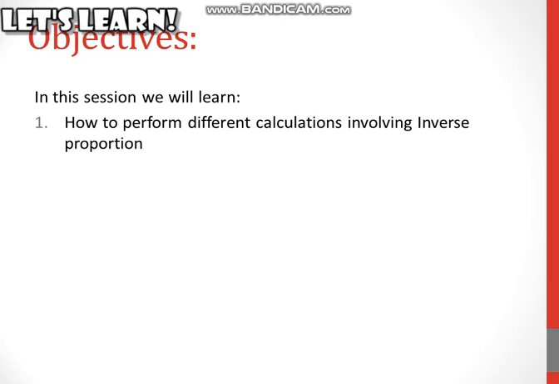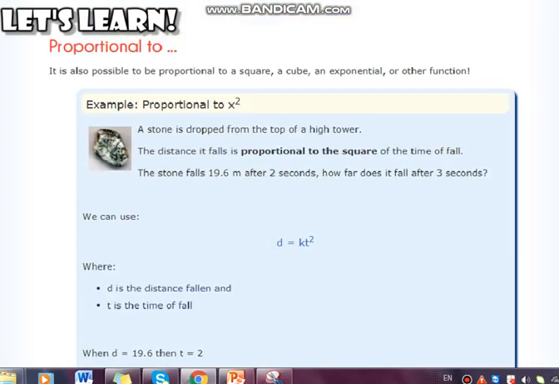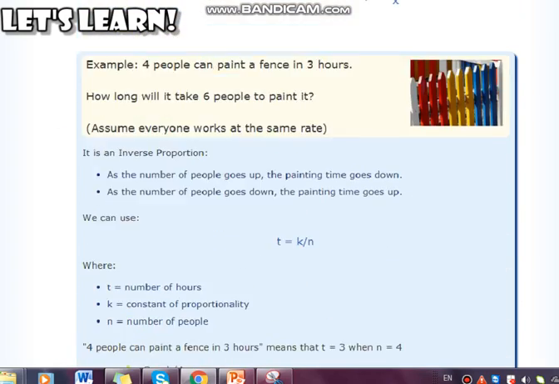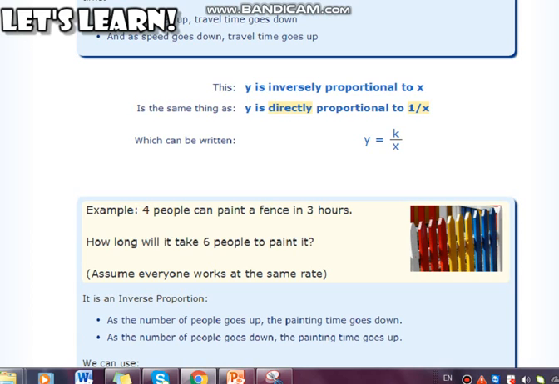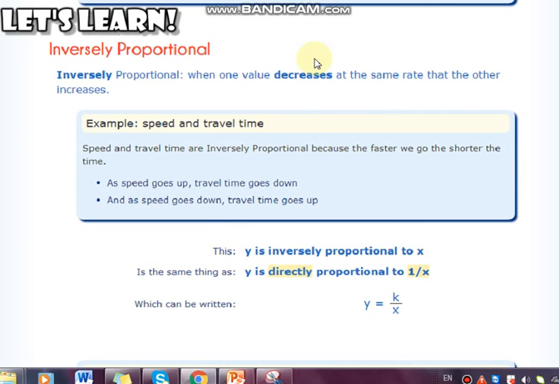So let's begin. Before we go for the difficult questions, let's first revise what inverse proportion basically is. We followed the same link in the last class and I'll just be continuing it here as well. Inverse proportion: when one value decreases, the other value increases. In inverse proportion, both things work opposite. They don't go hand in hand with each other. They are different. They are opposite to one another. So if one value is increasing, the other would decrease. If one value is decreasing, the other would increase.